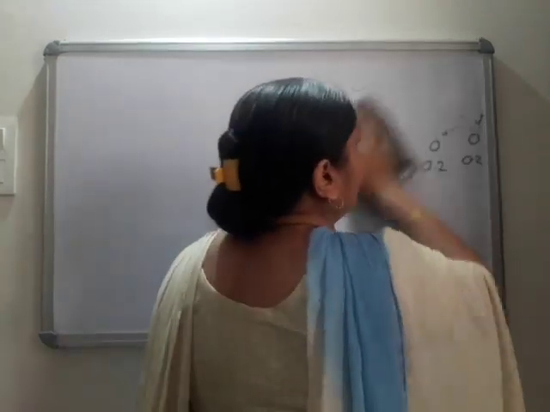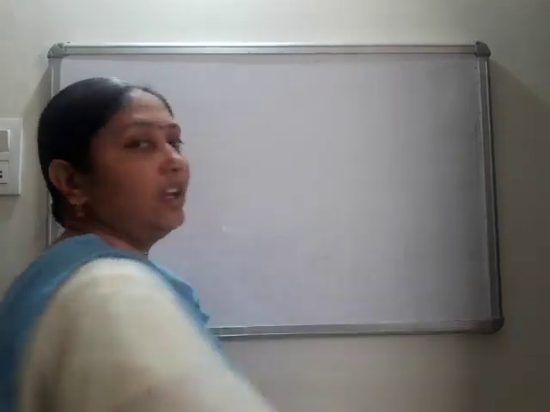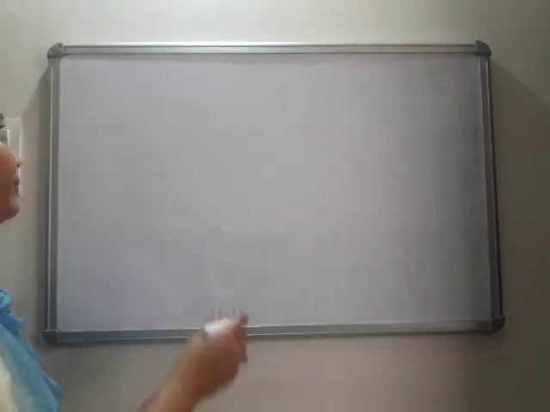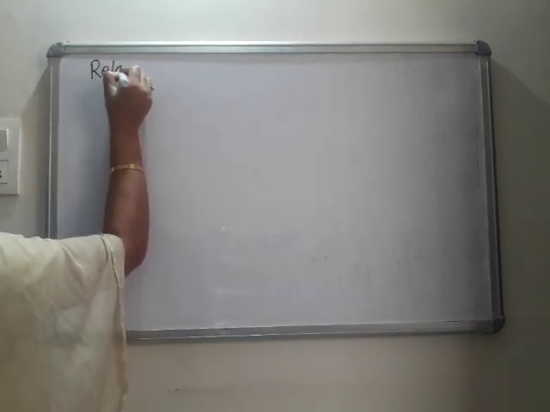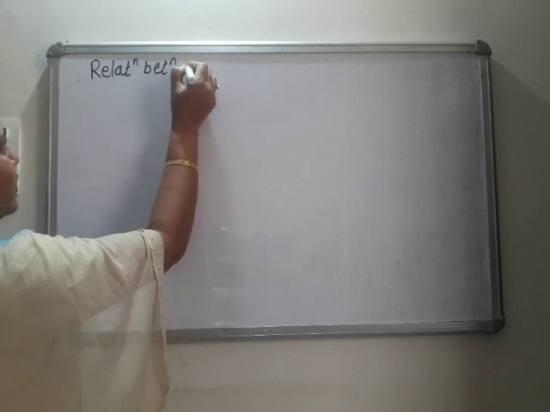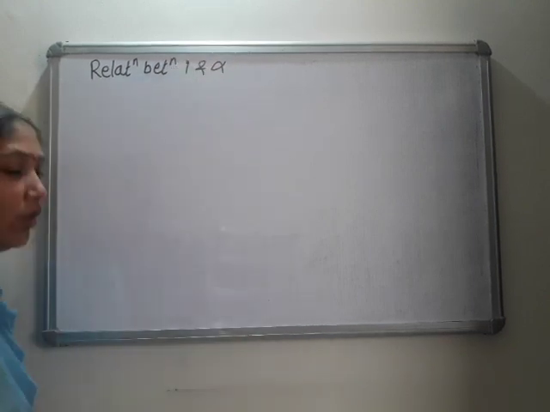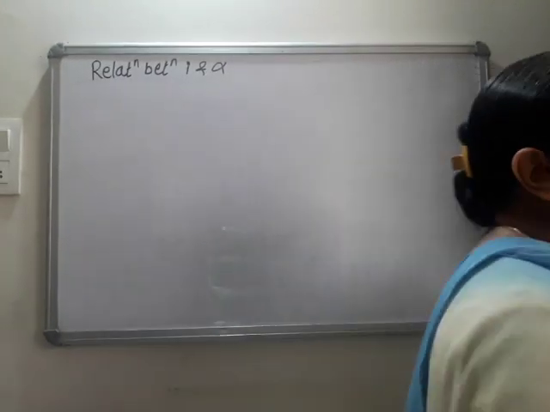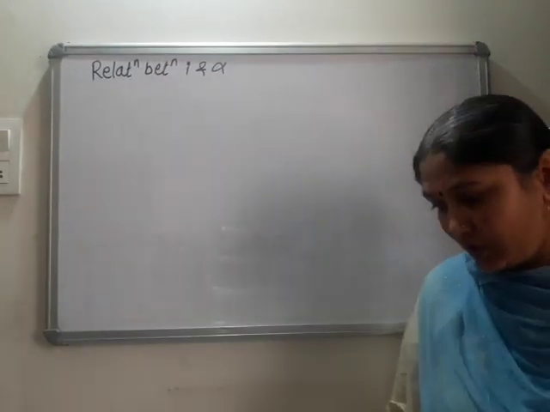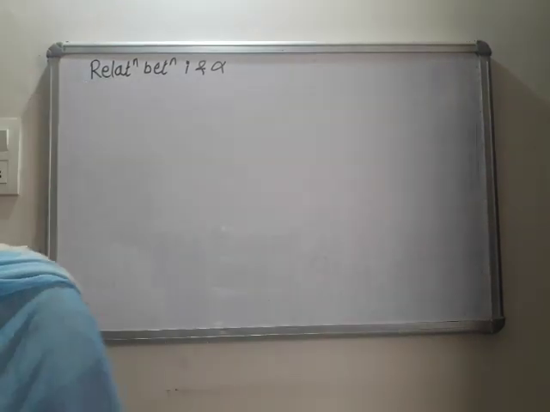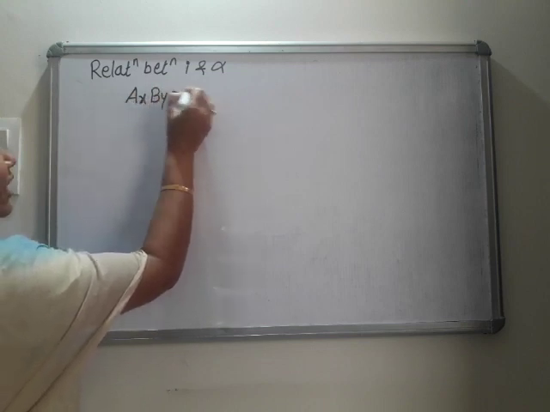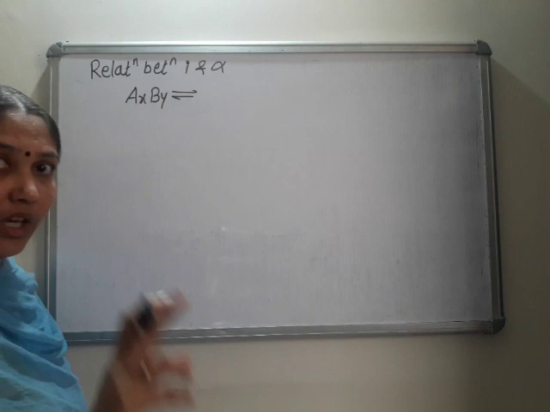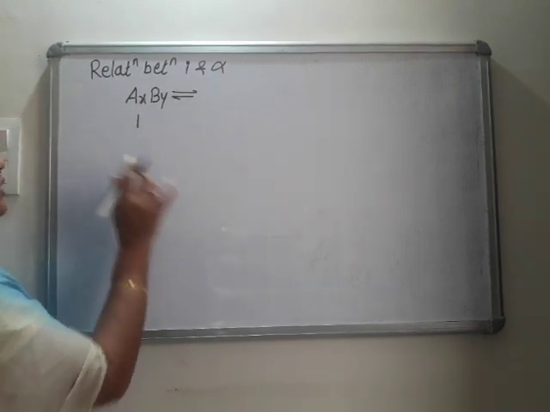So what is the relation between the degree of dissociation alpha and the van't Hoff factor? That we have to find, and that derivation is there. There is a question: derive the relation between i and alpha. I, the van't Hoff factor, and alpha, the degree of dissociation. Consider one salt, say that salt is AXBY. It is a weak electrolyte. 1 mole of this substance is taken.